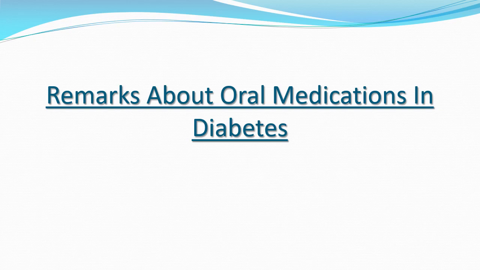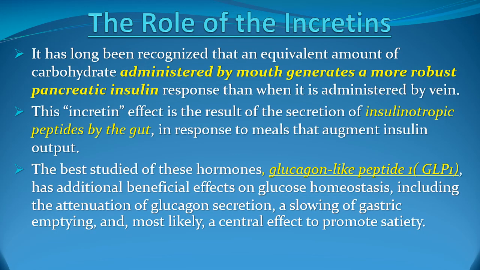Now, there are certain basic facts that we need to understand in order to understand the rationale of use of various medications for treatment of diabetes. The first rationale is the role of the incretin. What is incretin? There is a quite known physiologic fact. If we administer the same amount of glucose, oral and IV, it was found that the amount of insulin produced by the pancreas with the orally administered glucose exceeds that released in response to the parenteral, which means that there is some